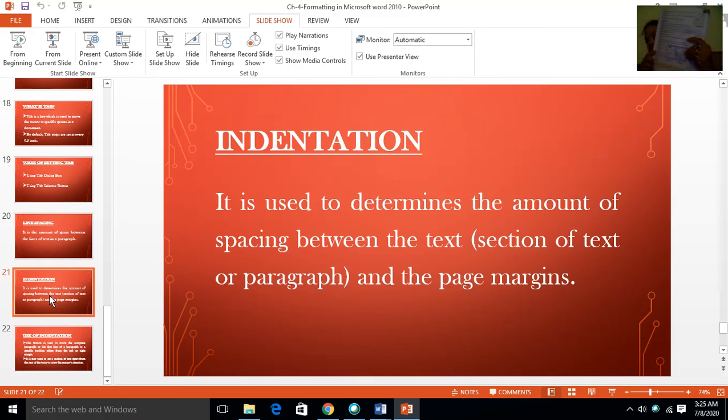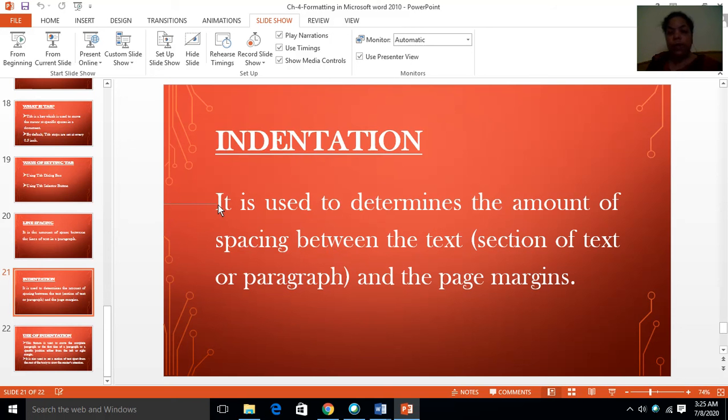This space I am talking about, this one blank space. Or in this PPT you can see this space which is here, this one space, this is indentation.